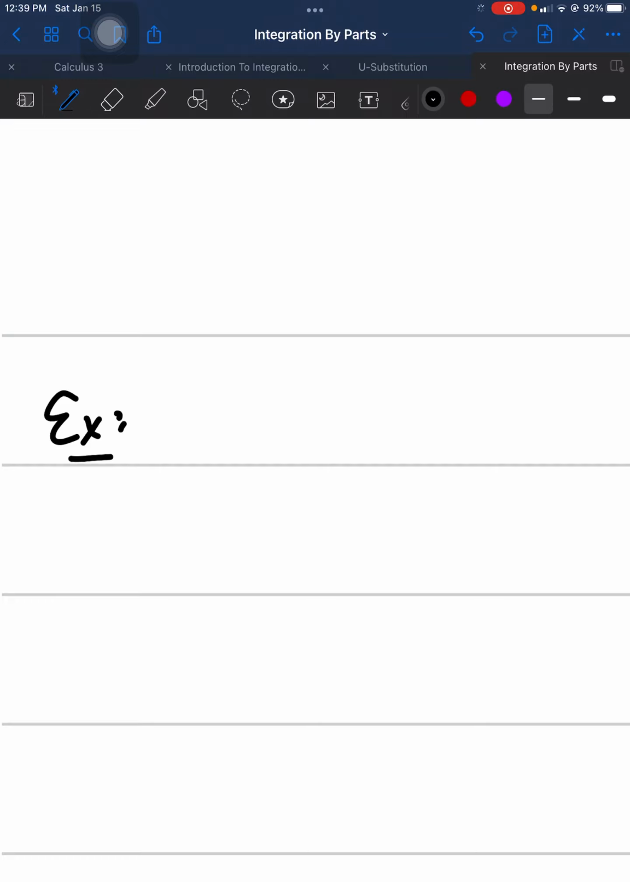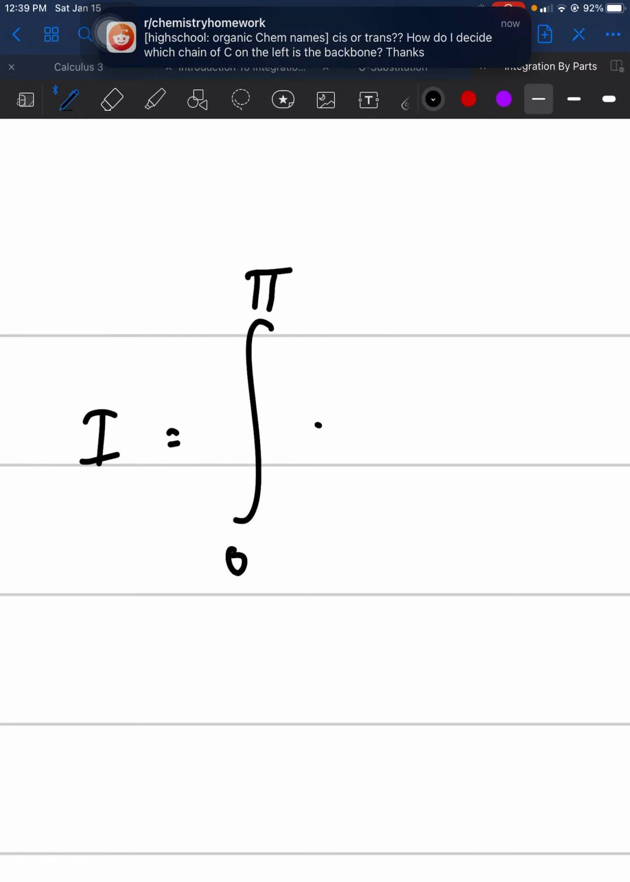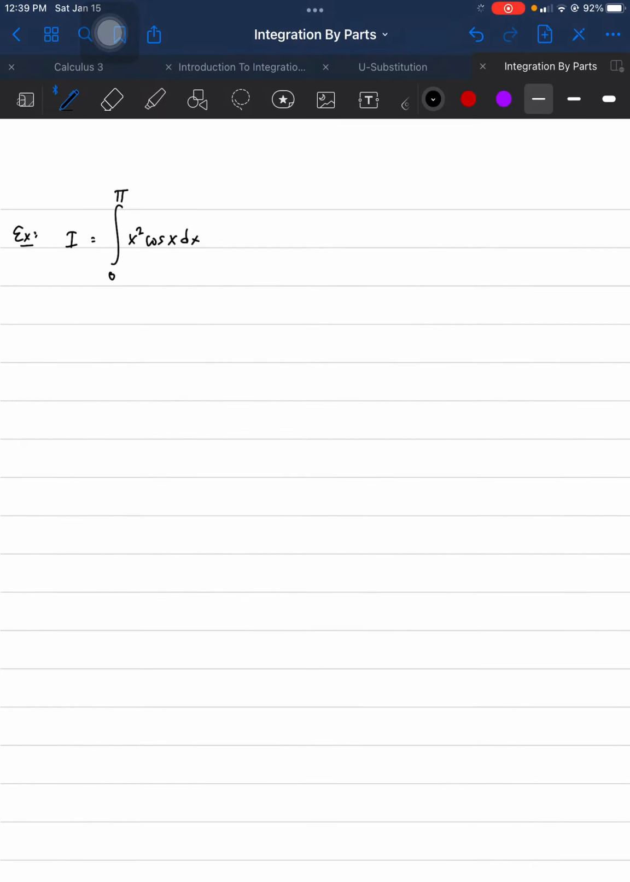So right here, we have the integral from 0 to pi of x squared cosine x dx. So we have this integral. What we want to do here is try to determine what is f of x, what is g of x, what is g prime of x, and what is f prime of x. So first thing we're going to do is